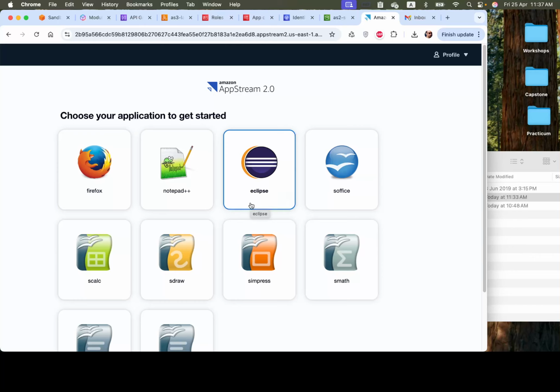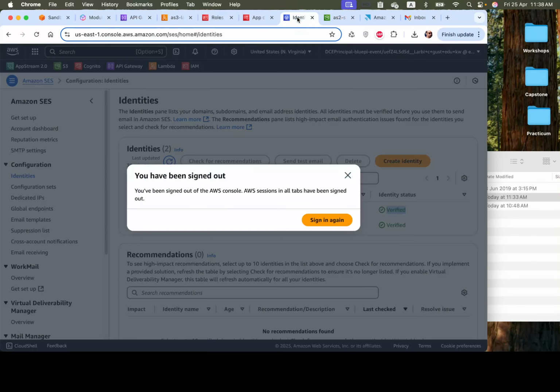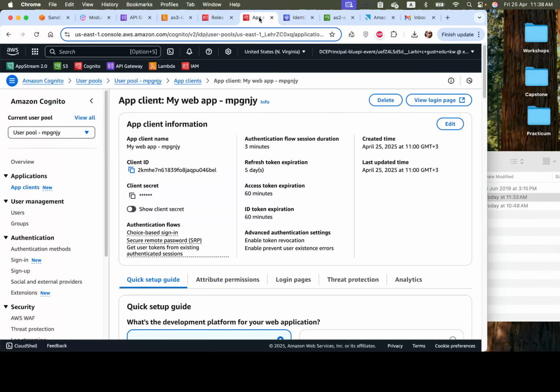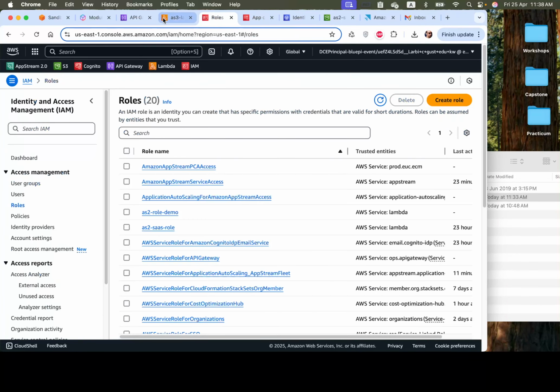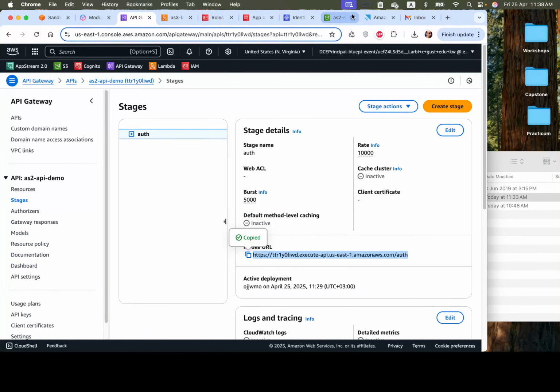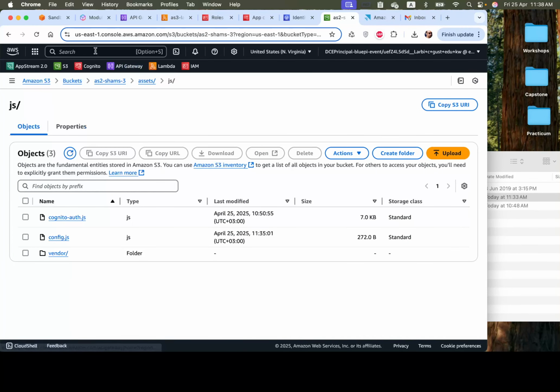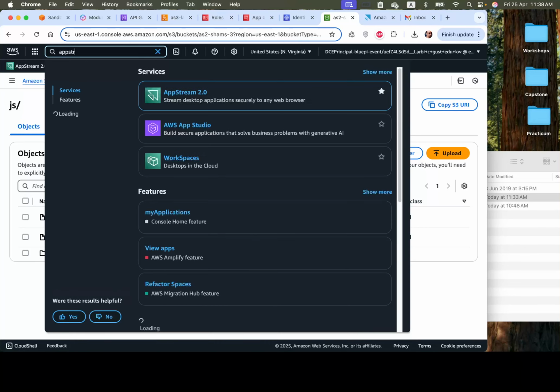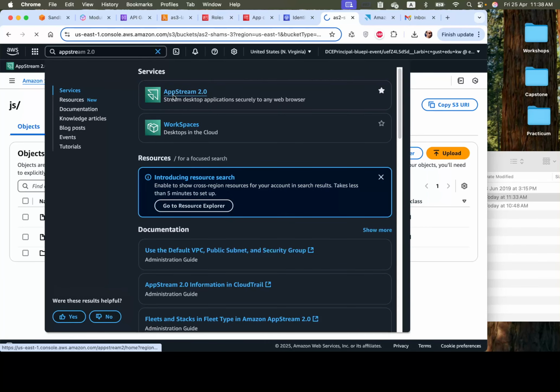So as you can see here, when I clicked on sign in, it executed the Lambda function that opened the AppStream fleet with the example that we have said. Remember here, just to remind you by quickly looking at the AppStream page. I think I have closed it, but it's okay. I can open it again. So AppStream, yeah. Just as a reminder,